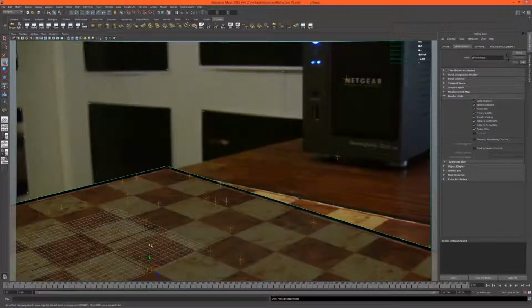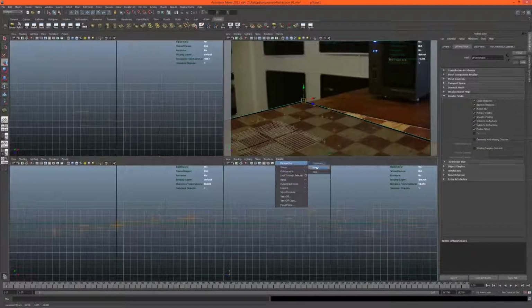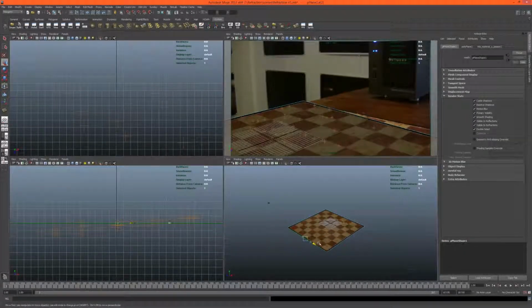If we hit W, then insert, and then press V, or hold down V and middle mouse button, we can move the pivot point to that location. And then if we hit insert again, we can get out of pivot mode and just scale or manipulate this, hitting spacebar and going to another view where we can align this a little better. If we grab maybe this edge here and push it